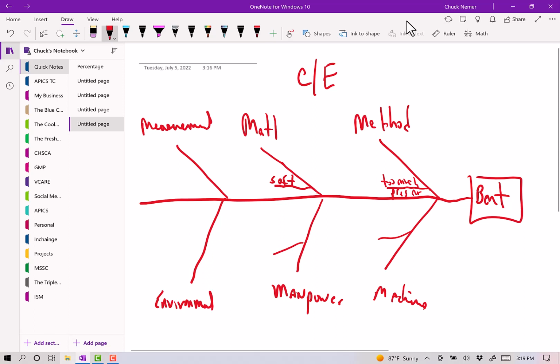Then we'd say, well, why is the material soft? And it would branch off to say maybe we've got a bad specification. And then we'd add again, well, why do we have the bad specification? Maybe because nobody understands what the specification is. The idea is we continue to ask why on all these and branch off enough times that at some point